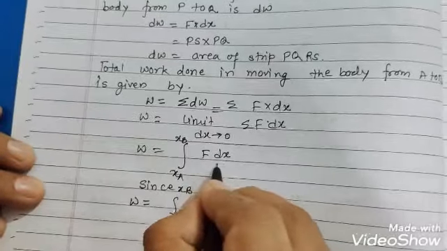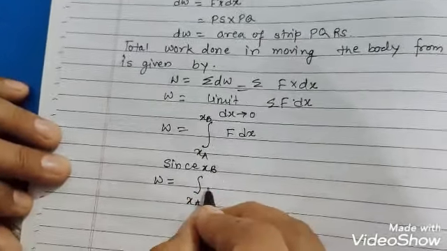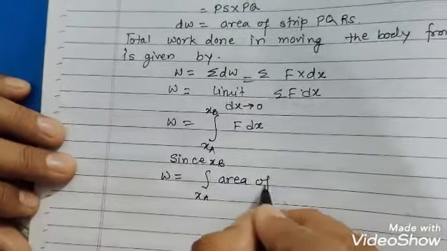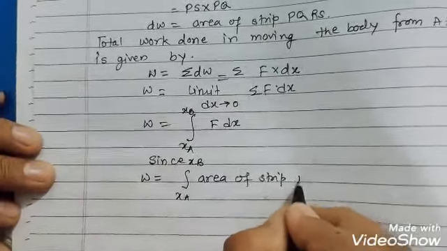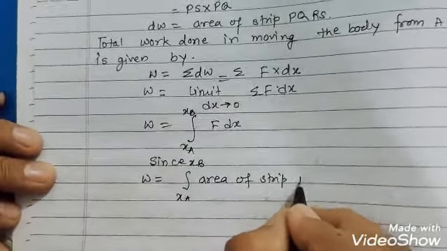In place of f dx, what can we write? In place of f dx we can write the area of the strip PQRS. Now, when we are integrating, look at this figure once again. We are extending this PQ from A to B. When we take P to A and Q to B, the whole area will be covered, that is ABCDA. So this whole area will be there.